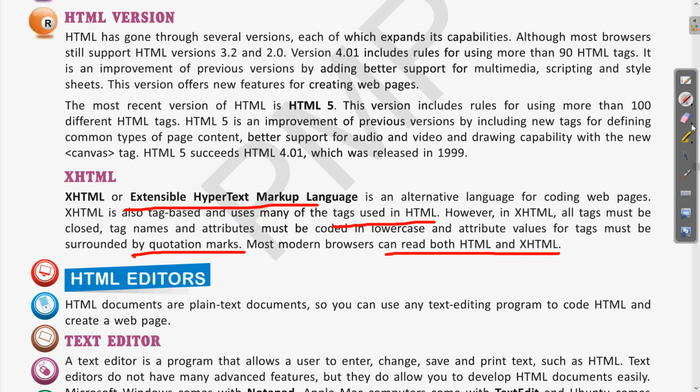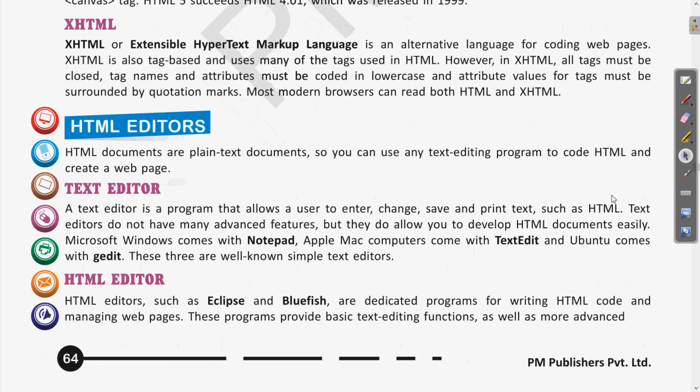Okay, now today we are going to see what the different HTML editors are. Editors are basically the programs where we can write the HTML code. So, a few text editors. A text editor means an editor where we can write the text of the HTML code. For example, the previous example with the HTML, head, body tags, we will see about these tags later in this chapter also. These are the HTML codes and they are required to be written in some text editor.